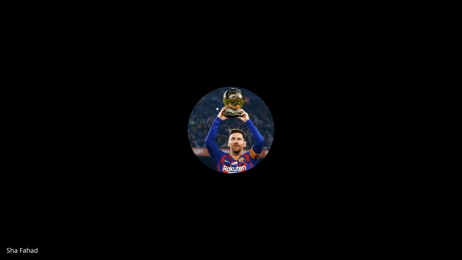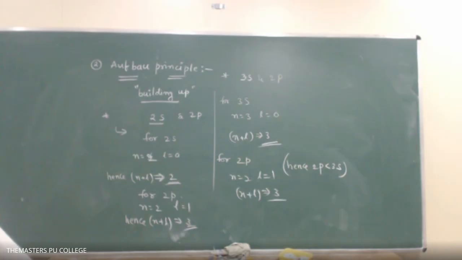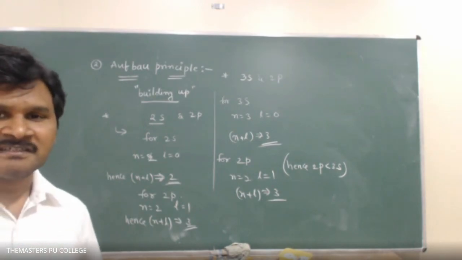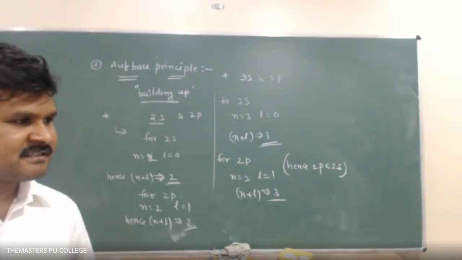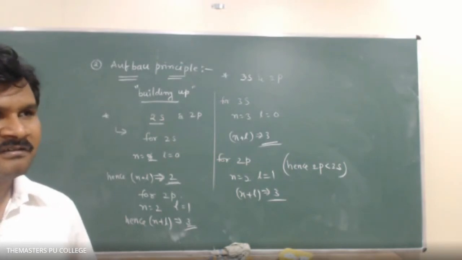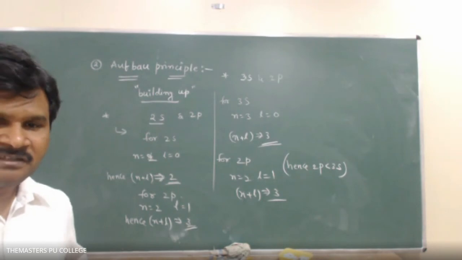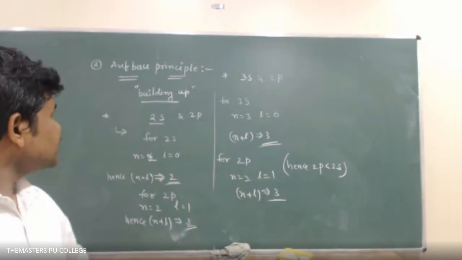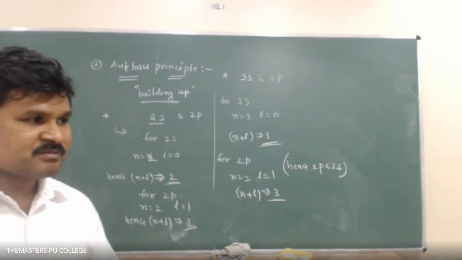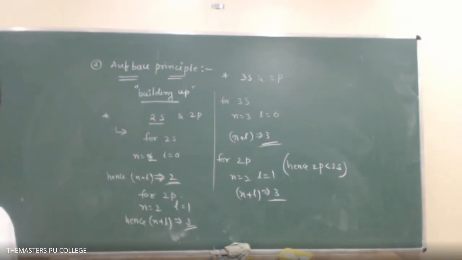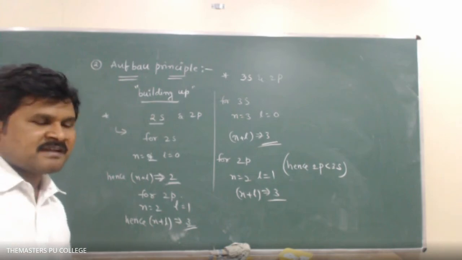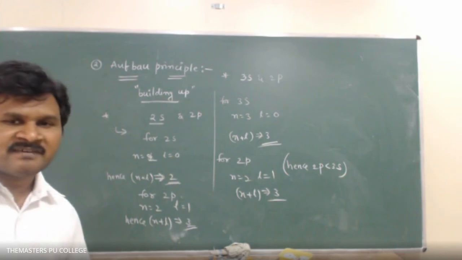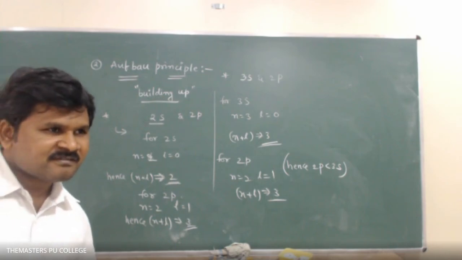No, sir. Easy only, na? Based on this, they ask questions in objective examinations. If you have a good command over n plus l values, you can easily solve questions related to Pauli's exclusion principle and Aufbau principle. The n plus l value is important because if you know the l value, you can say the m value. However, for the s value, only two are possible, either plus half or minus half.